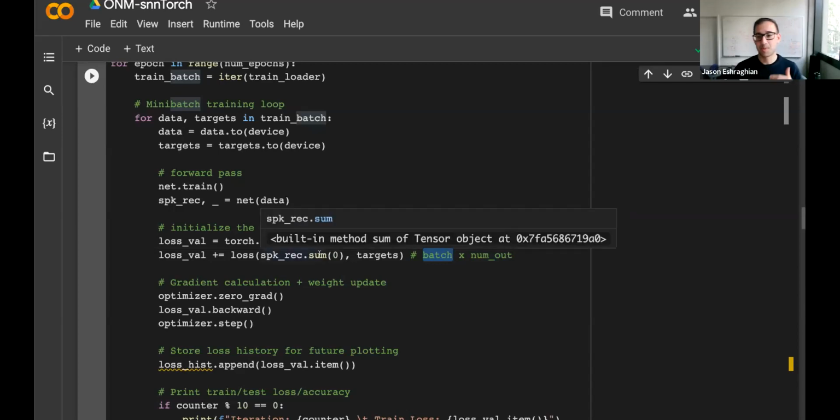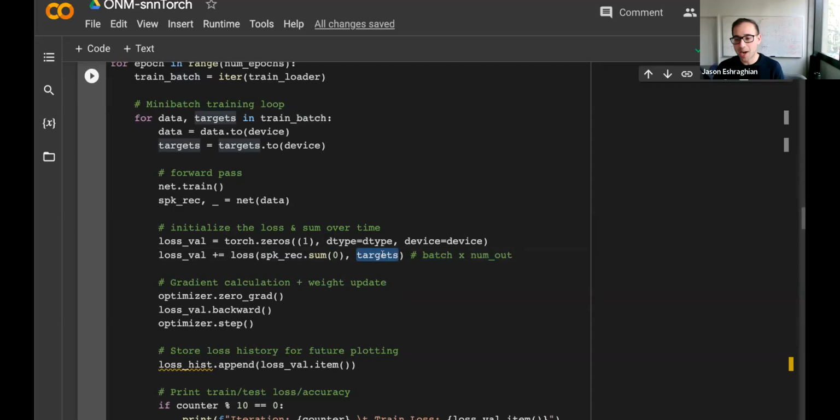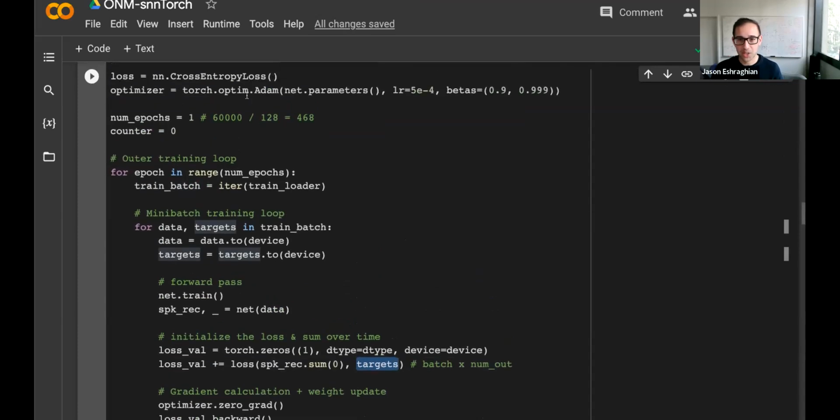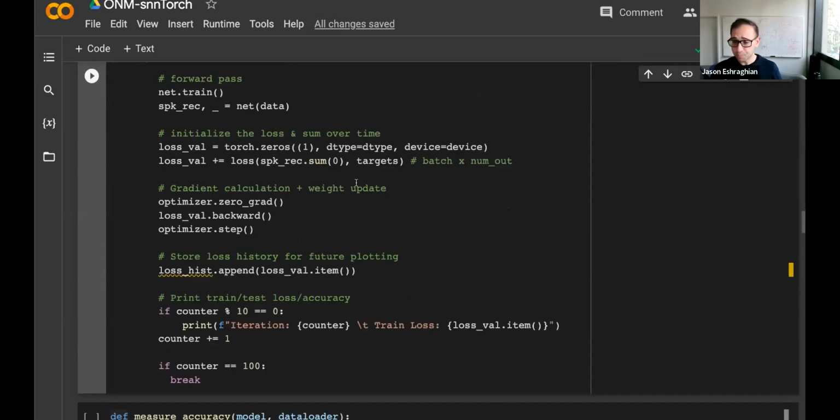Then I compare them to my targets because I'm trying to get the correct neuron to fire the most frequently. And that's handled using the cross entropy loss. And by minimizing that distance, I then will get a loss value for that iteration. I will update the loss value. So plus, I guess, I don't really need to instantiate anything, or I think we could just set it to be plus rather than plus equals.